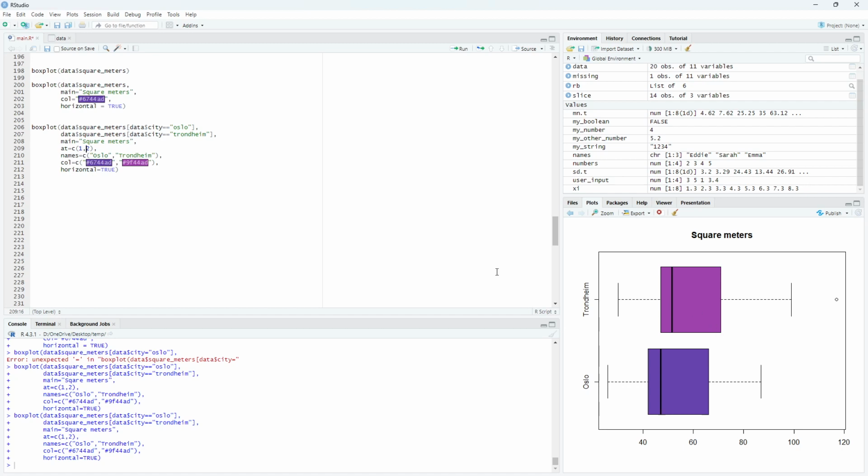Because Trondheim apparently has larger, what's the word, apartments in this data set. So and the second one, or the last one